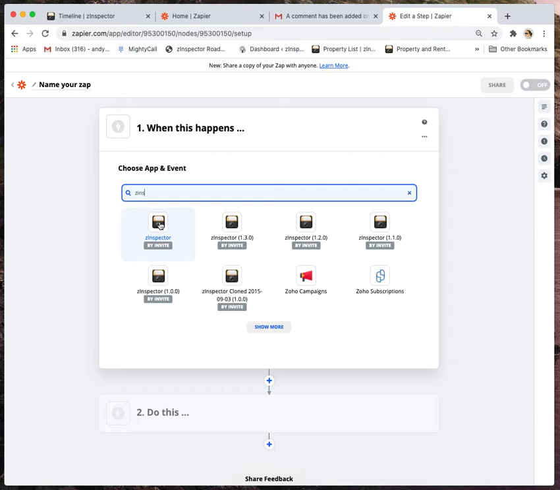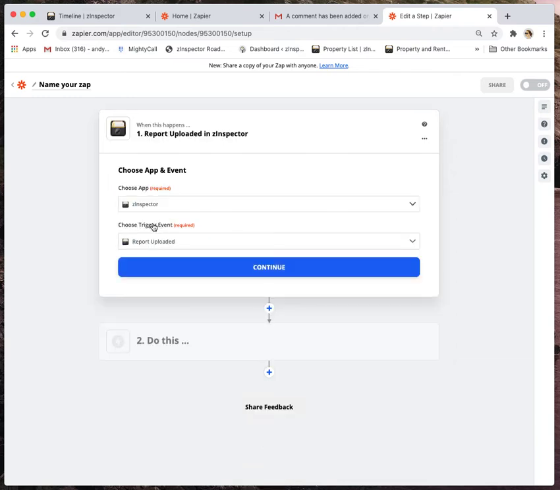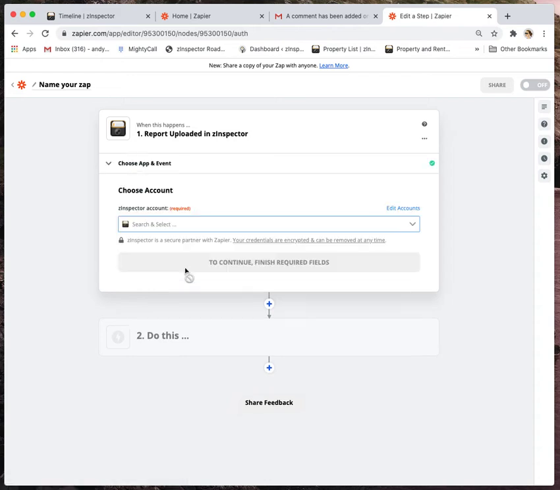and I have different icons here, but you're going to see your one main one here for ZInspector. And we're going to use report uploaded. So whenever a report is generated in ZInspector, that's what we call the trigger event, and that's going to trigger something else. So here you're going to hit continue,